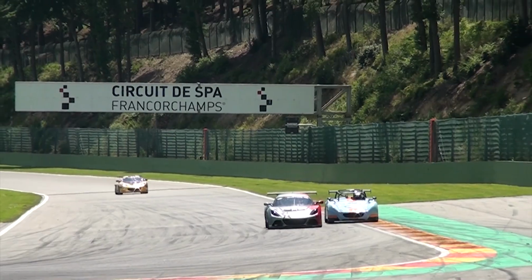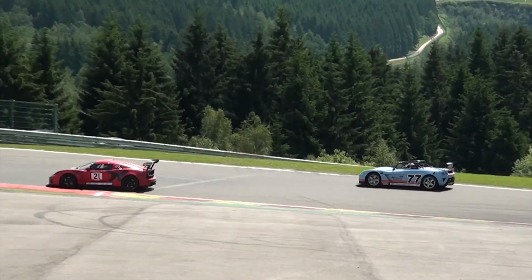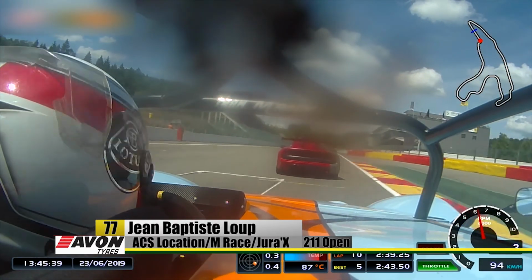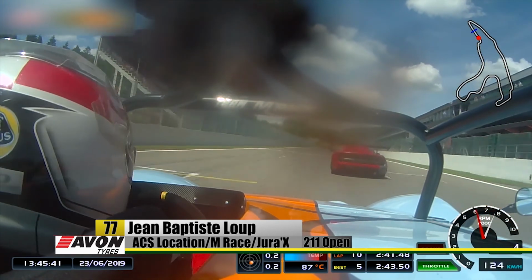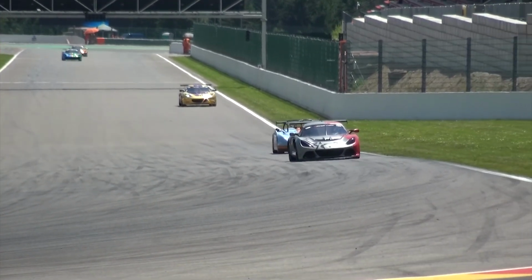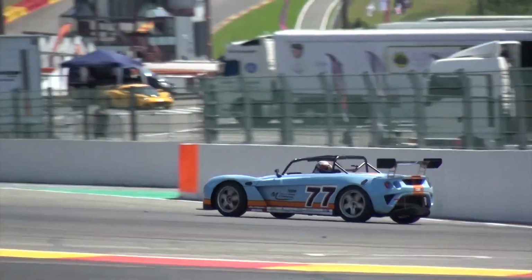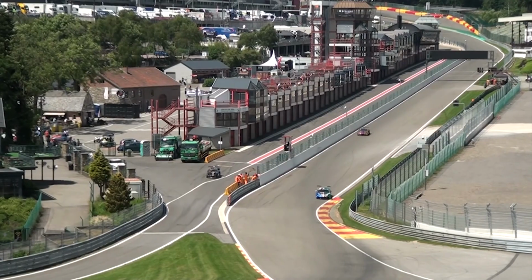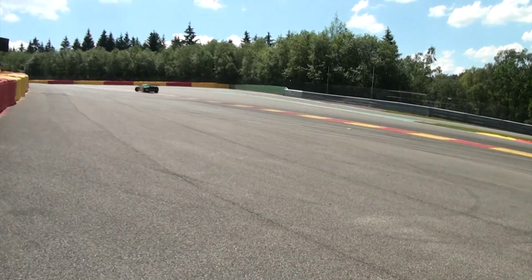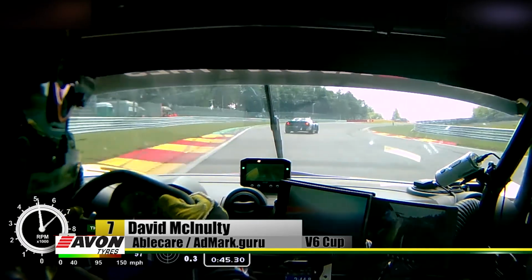here and having a look at Daniel Palmer. Not happy about that. Jean-Baptiste, who is the leading 211 in this one, and clearly being a little bit frustrated at the moment. That car retiring in race number 1 in the hands of Philippe Lou, but very clearly little wrong with it in this one, and with a little bit of breathing space in the 211 category at the moment over Franck